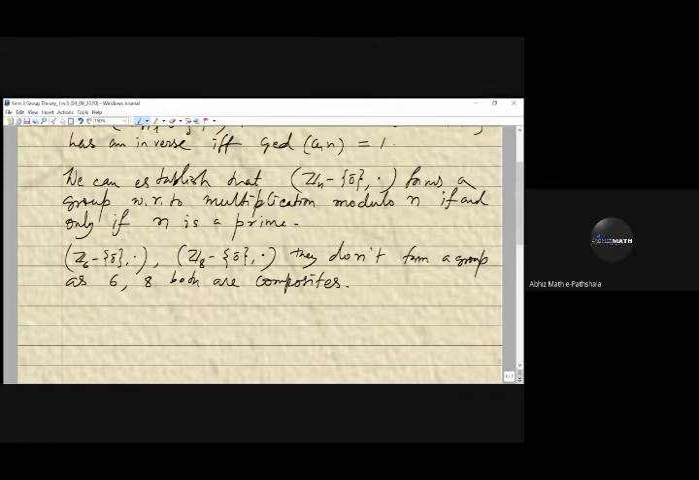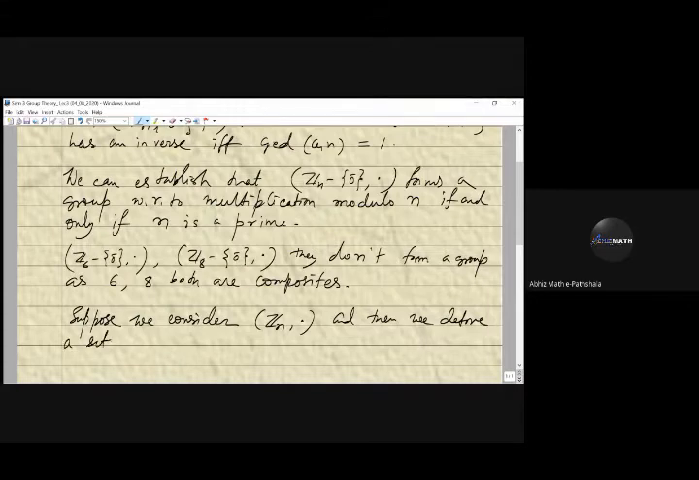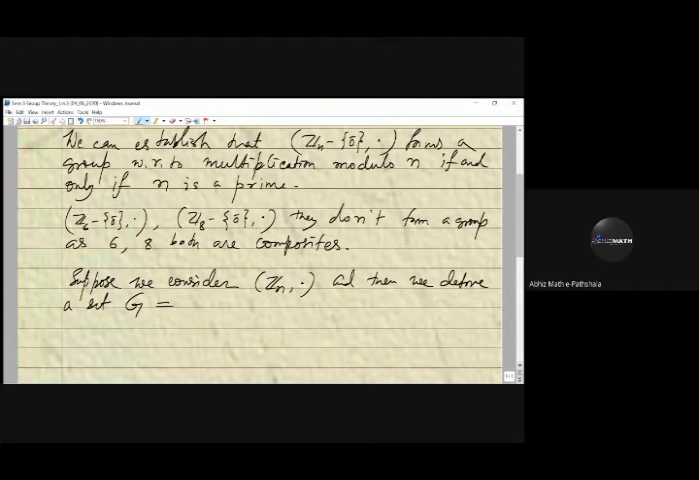And in this line, we can actually prove that, suppose we consider Zn dot, okay, and then we define a set, suppose it is G, and this G constitutes a set of